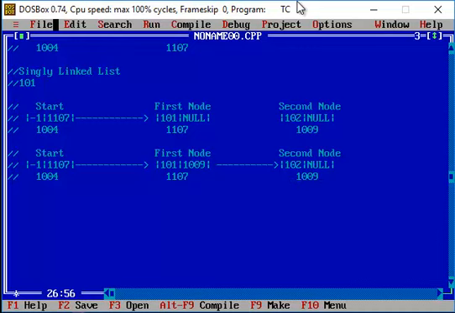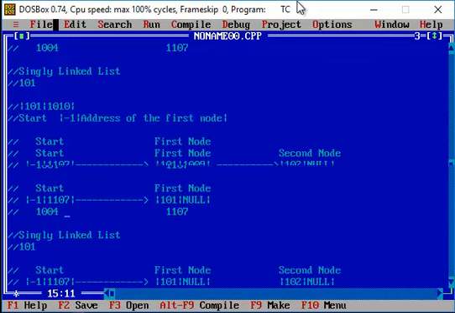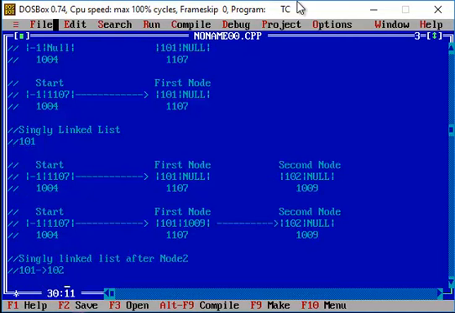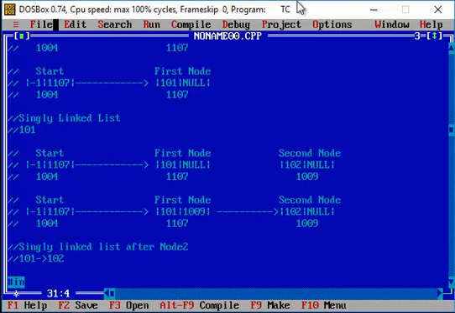So how will my new linked list look? My singly linked list after node 2 has been inserted will look like this: 101, then the next node 102. So two records have been inserted now. The same applies for all the other records that we are going to implement, 103 and 104. I'm going to get into the code directly now, so please go through this video carefully, one by one, after the explanation.